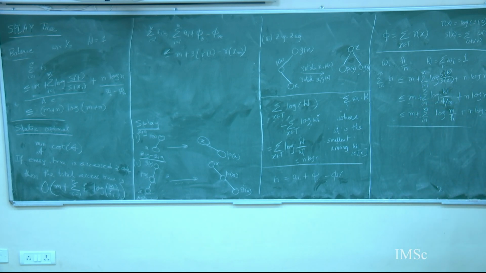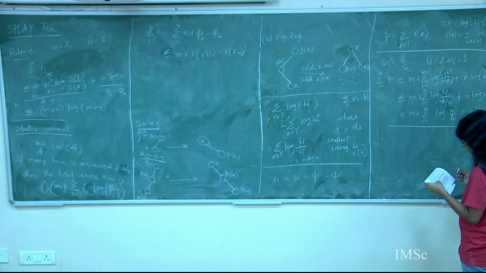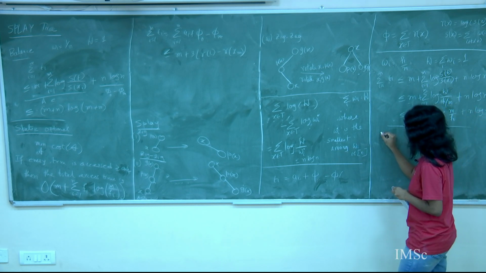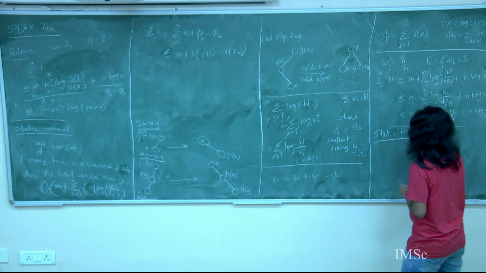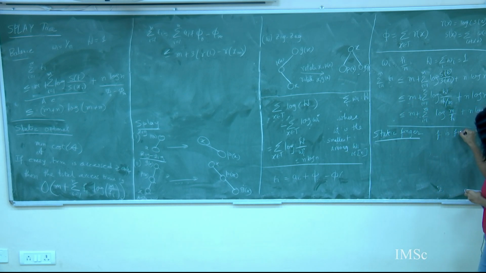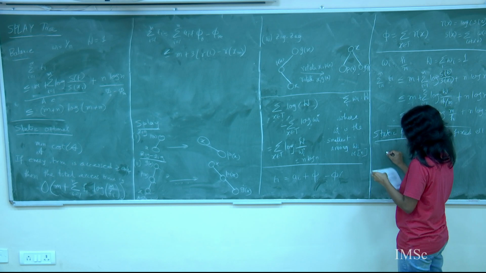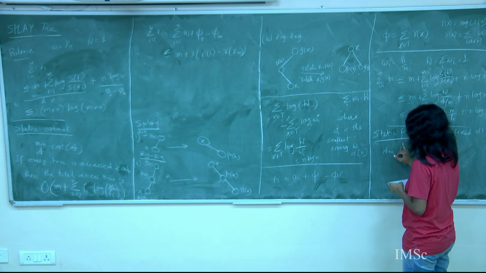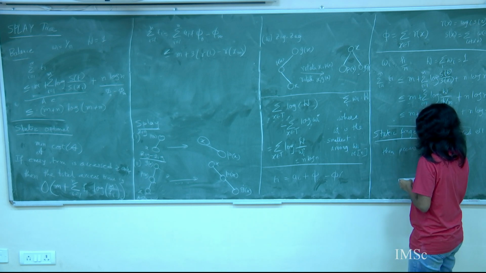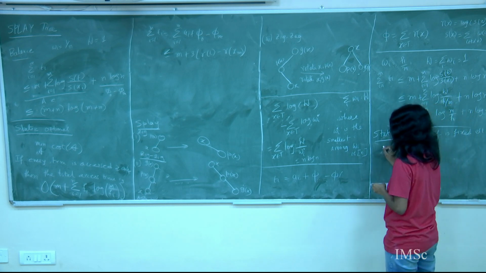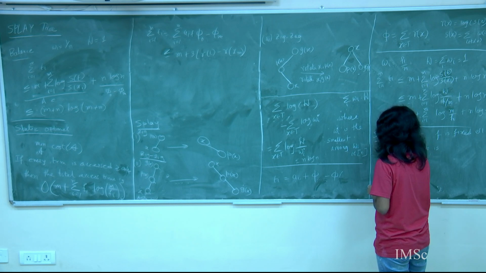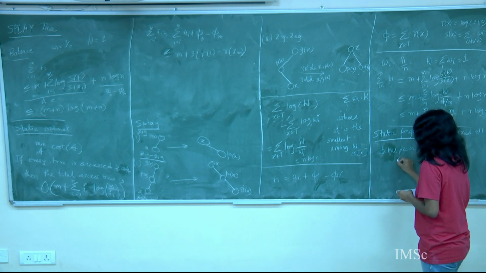So the static finger property says that if I have a finger at some position F, where F is a fixed element, then the total access cost is order of n log n plus